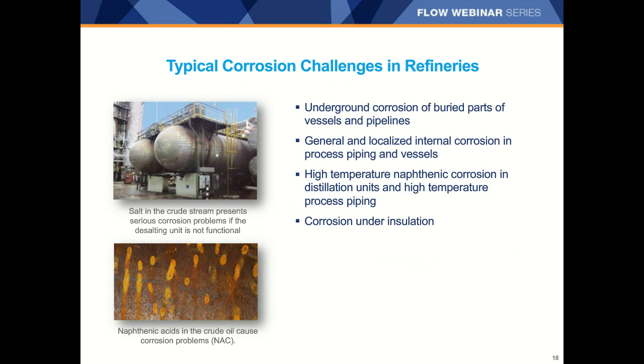So let me go over the 4 main types of internal corrosion within refineries. We have water-related corrosion. Well, the crude oil desalting and distillation generates considerable amounts of wastewater, which contains H2S, CO2, chlorides, and dissolved solids. Also, cooling water used in the refining operations has various levels of corrosivity. The second main type is